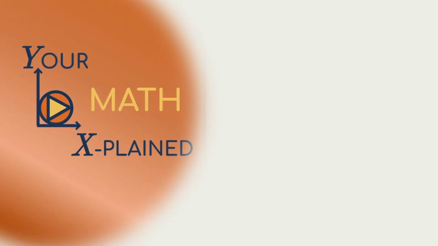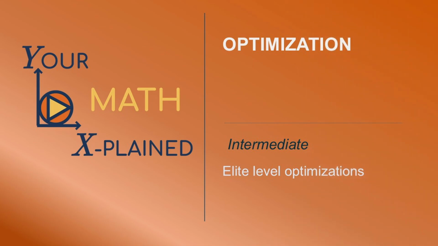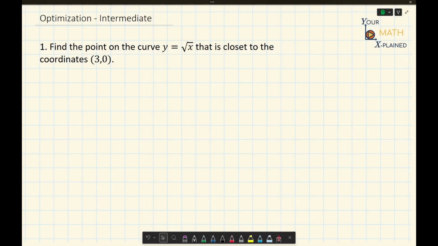My name's Angela. In our introduction video to optimization, we looked at basic problems like fencing setups and open boxes. But exam boards don't want you to just optimize simple geometry. They want to see if you can find the shortest distance from a point to a parabola, or maximize the volume of an inscribed cylinder where the constraints are completely hidden. Today, we're going to take on two elite exam-style problems. The first one is a classic AP Calculus distance minimization puzzle, and the second one is an IB Math HL